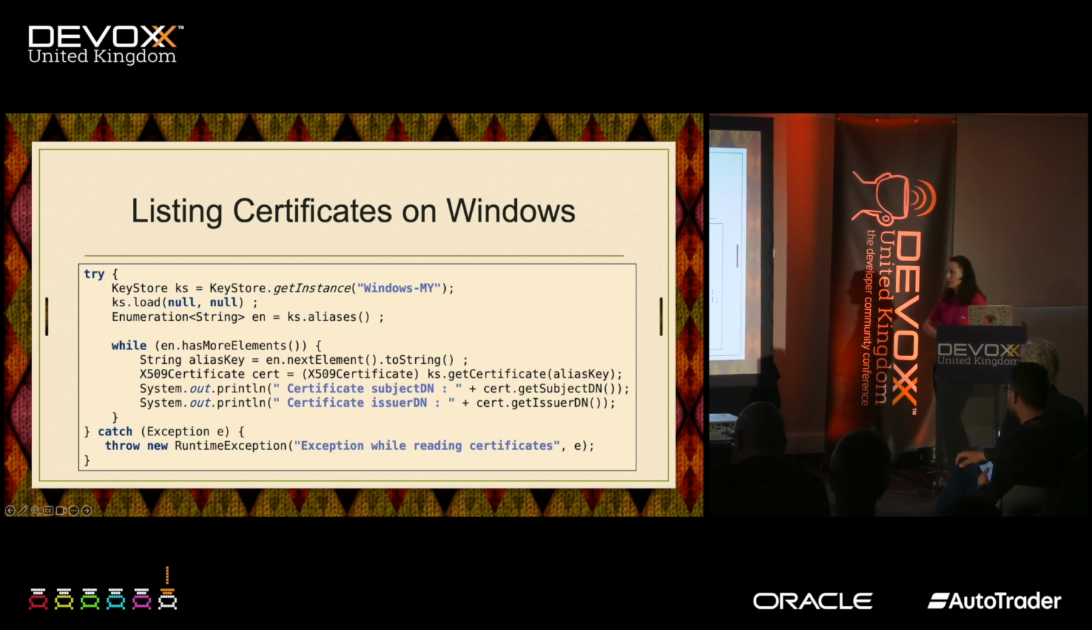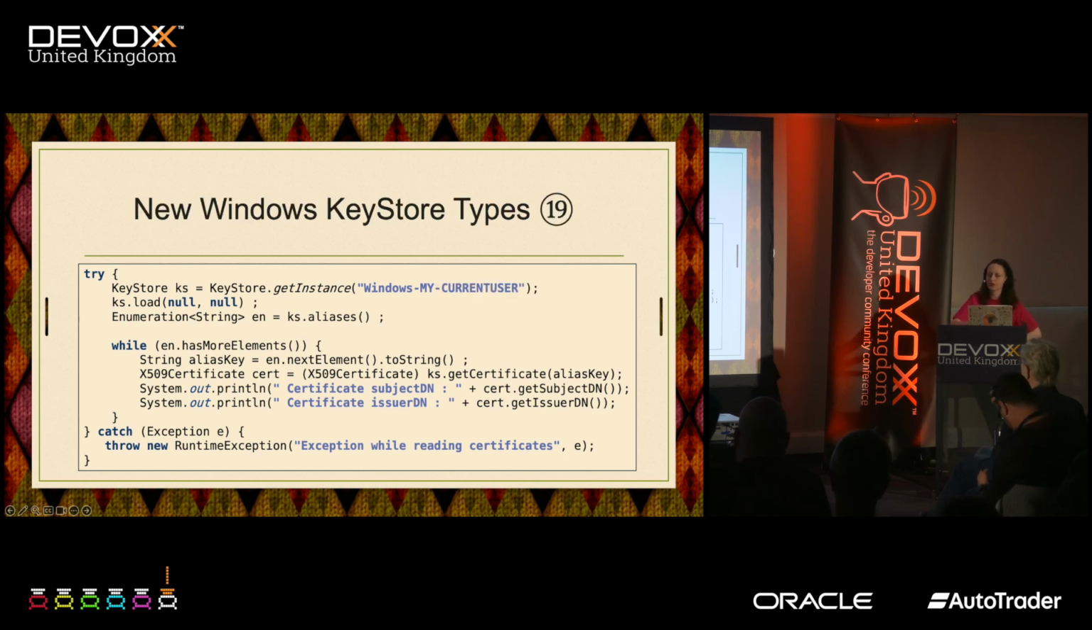So what happened is that a new change was introduced to get access to the current user accounts' certificates using a new key store type called Windows-MY-CURRENTUSER. So there are new key store types called Windows-MY-LOCALMACHINE and Windows-MY-CURRENTUSER that were added in JDK 19 to provide access to keys and certificates stored in the Windows operating system that are available to